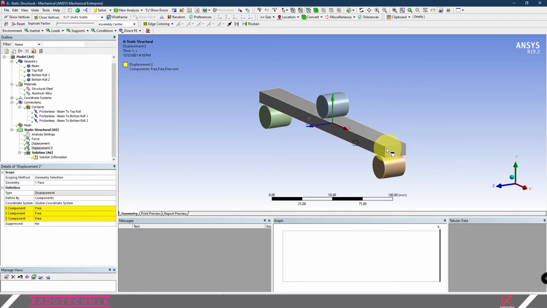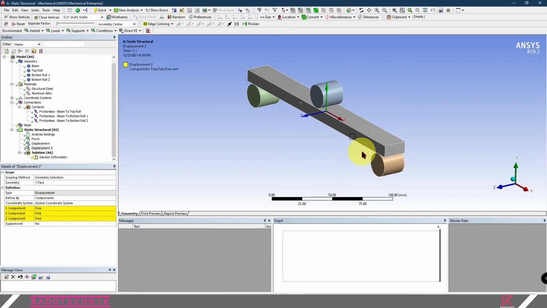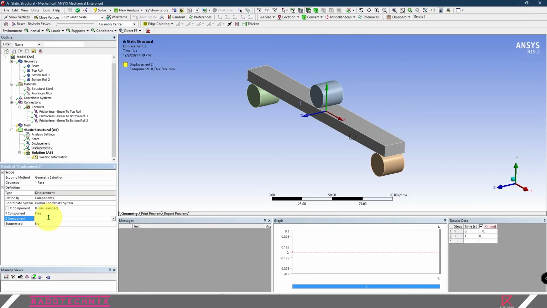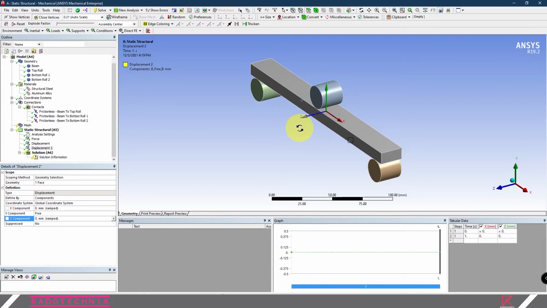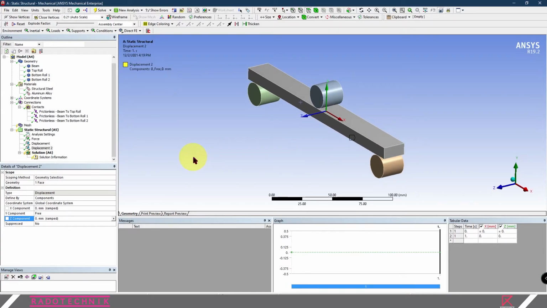For the other axes, Z and X, you don't need to make it free, so you enter the value of 0 in the X component and 0 in the Z component. Make sure you have this setting right, because otherwise your simulation will not run smoothly and it will create some error message.